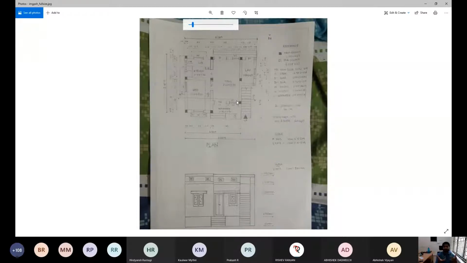Some things I can't teach you. For example, photography: I can say if you do this dimension, it will be like this, but that is your own caliber. Here you can see this front elevation also. You can draw it your own way. The door panel here is 2 panel, and there are 4 panel doors too. You can do many things for aesthetics and elegance in this particular elevation. That's your vision.